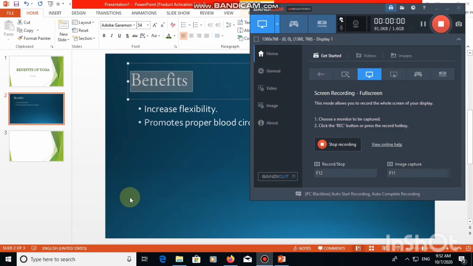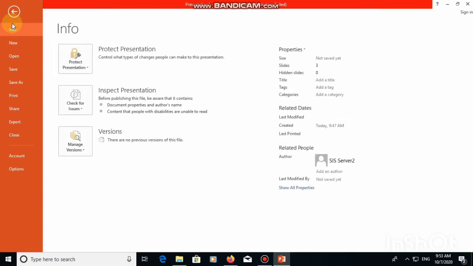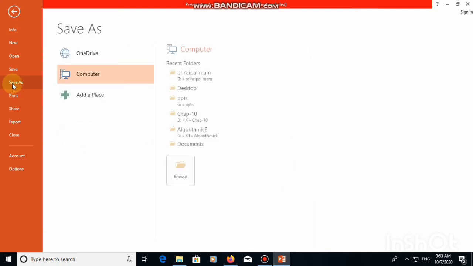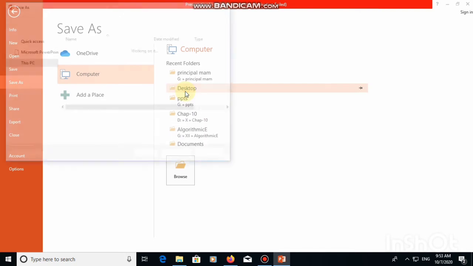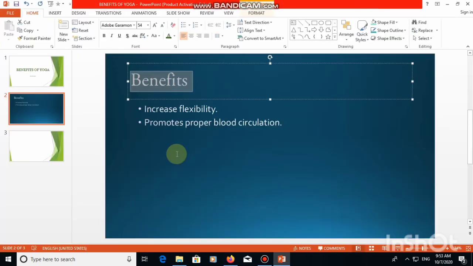After completing your presentation, we need to save it for future, and let's follow the steps for saving. Steps are the same as you used to do in MS Word. Just click on the File tab, click on Save As, choose a location, like I am choosing desktop. Give a name to your file. Here it is already written, that is benefits of yoga, and then click on the save button. Okay, by this way you can